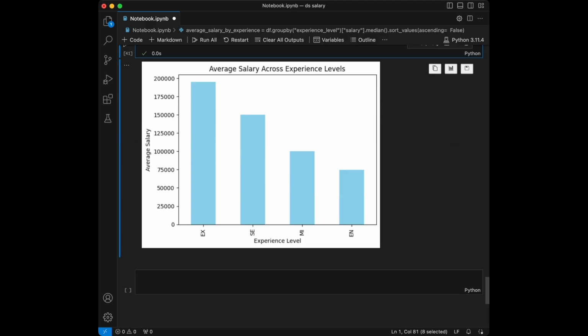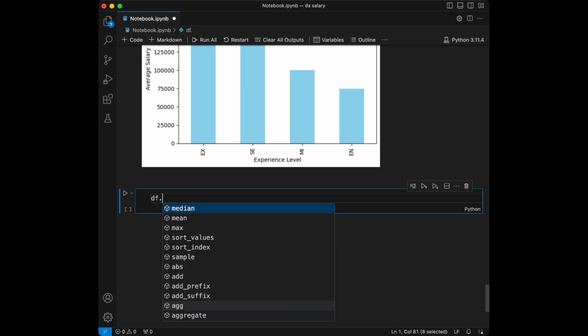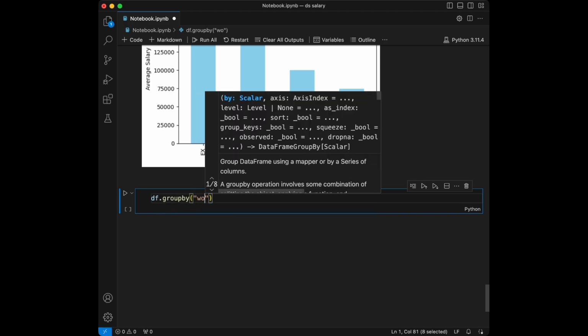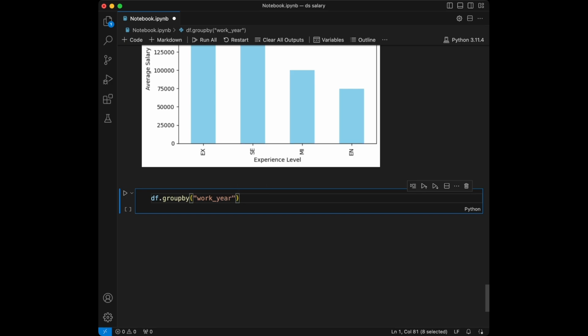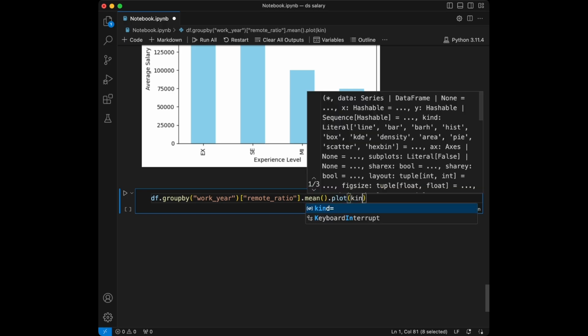Great, let's create a line chart of the trends in remote ratio over work year. So what we are going to do is, I'm not going to assign a variable. I will say data frame group by work year, and I'm going to take the values of remote ratio, and I will say mean. Then I'm going to say plot, and I'm going to set the kind as line,